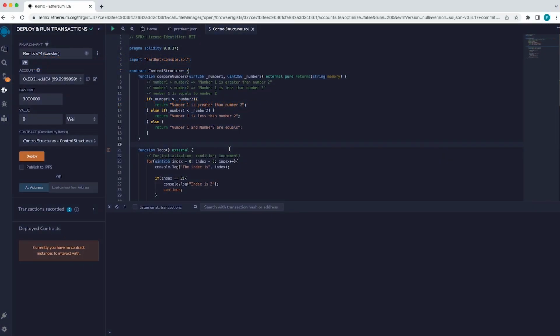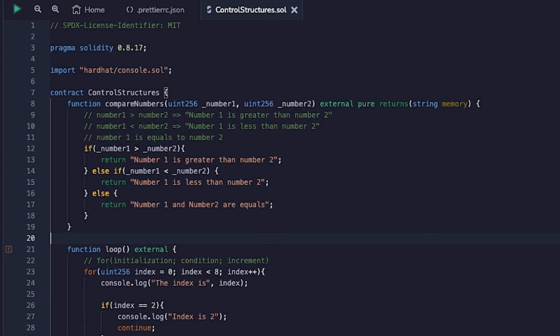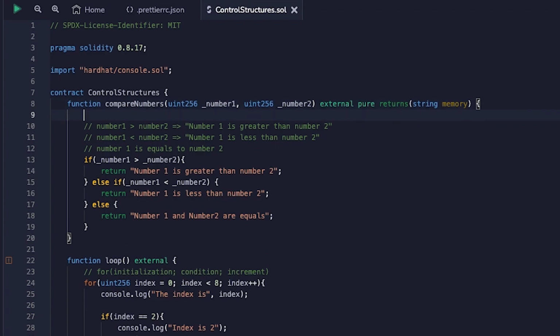Solidity includes some built-in functions that can help us to ensure valid conditions in our programs. It has require and revert. These functions can be used to check for conditions and throw exceptions if conditions are not met. Let's learn by example. If you remember the previous exercise, when we created the compare numbers function,